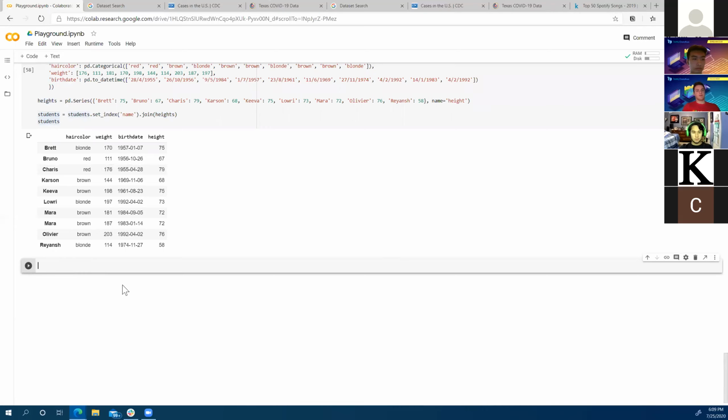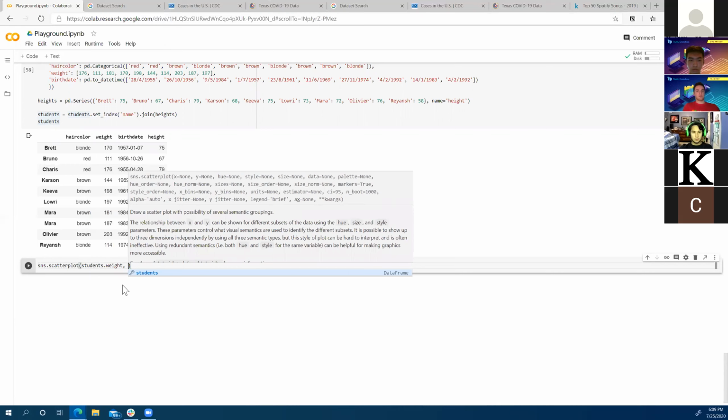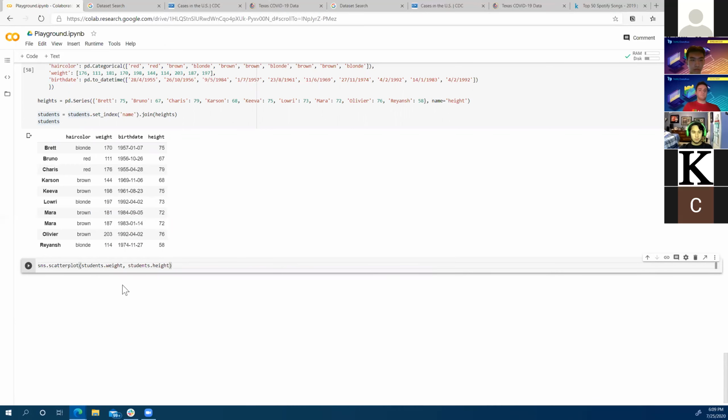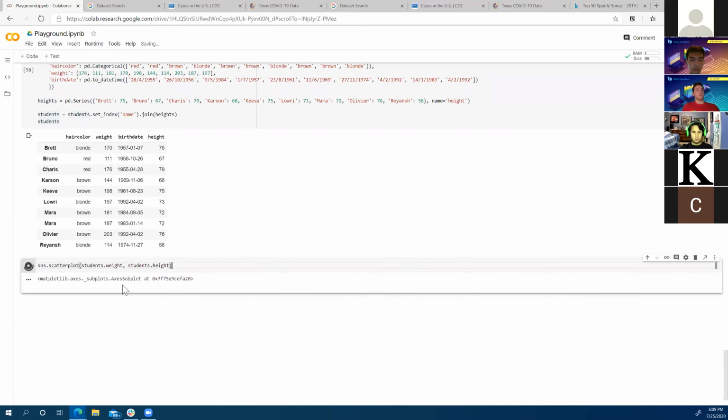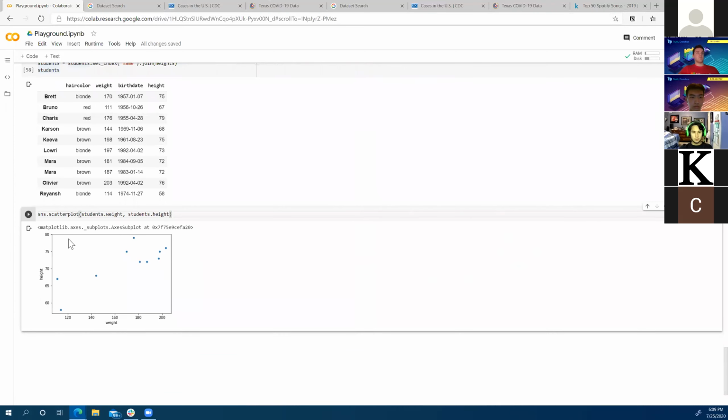So the first visualization we're going to learn here is the scatter plot. Run this, and this creates a pretty basic scatter plot. It just plotted the points, created the axes, and displays it. So pretty self-explanatory. Notice that we referred to the columns by just using the dot operator. Again, there are two different ways to do that. You could also do it this way. It means the same exact thing.